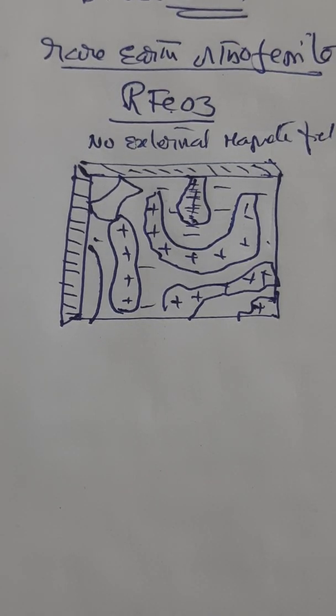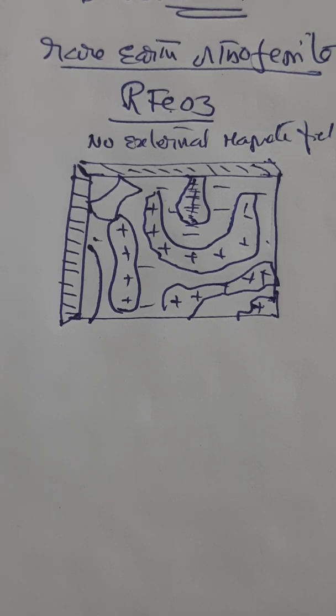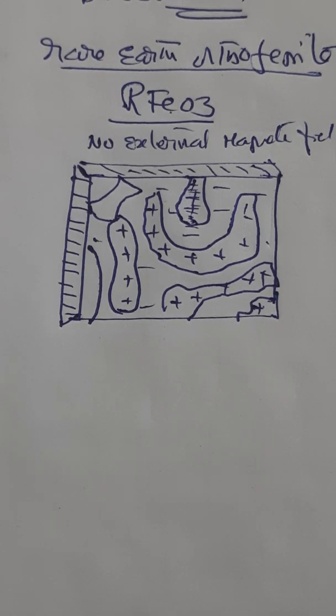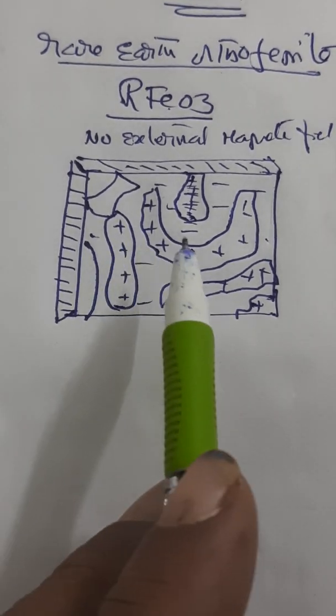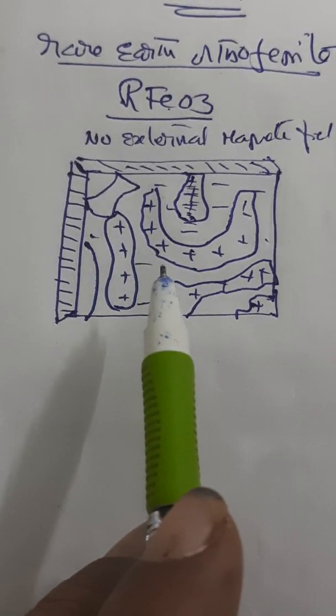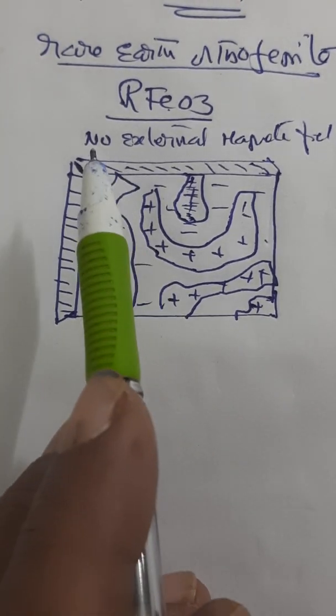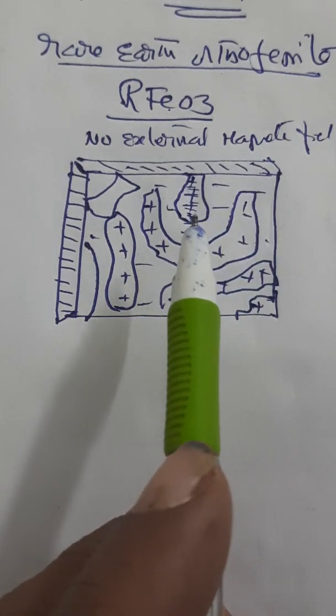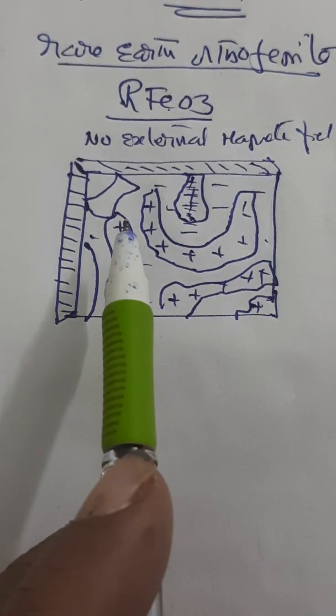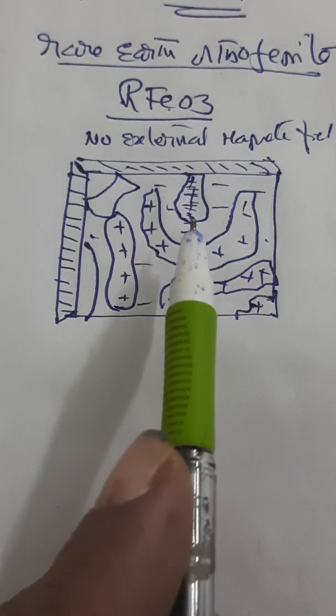Hi friends, we are discussing magnetic materials. Under that, we started to understand something called magnetic bubble memory. Using a rare earth orthoferrite material, this is the structure of magnetic bubble memory inside. Now observe this carefully. When there is no external magnetic field, you can find the formation of a magnetic bubble memory.